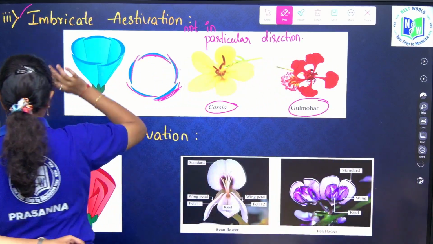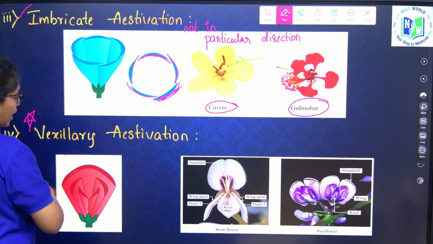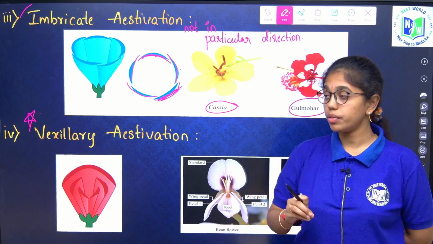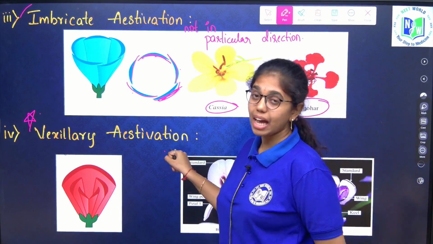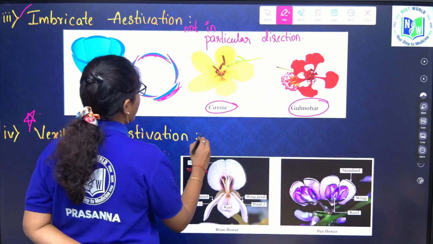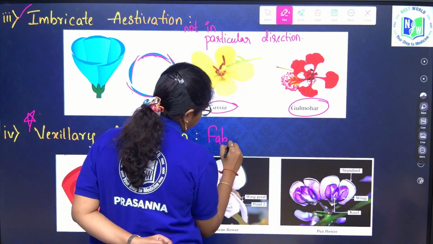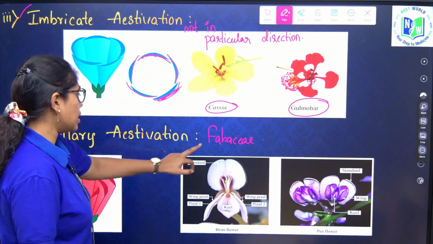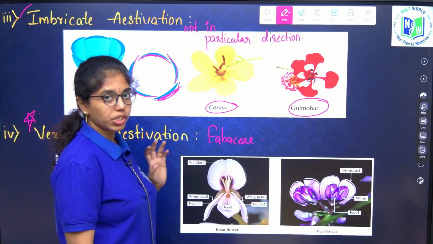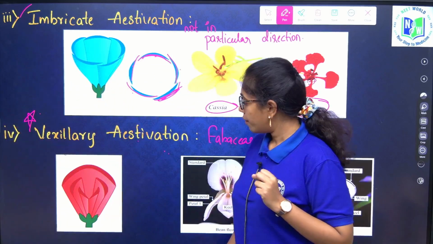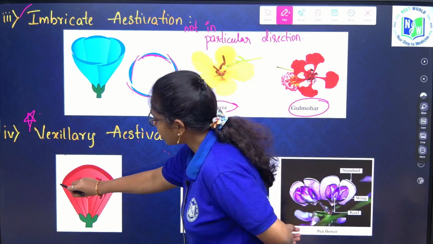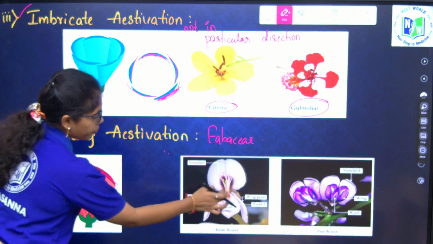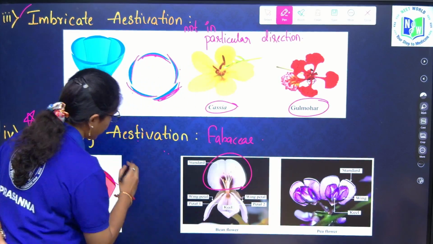Imbricate aestivation. Clear? Next, vexillary aestivation. This is a very standard pattern of aestivation that you have to remember. This is a characteristic feature in Fabaceae, which is also called Leguminosae. In this family, this type of aestivation is characteristic, wherein you will have one standard petal. Here also you can see one standard petal,